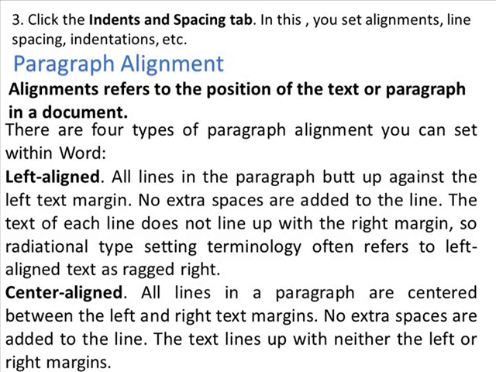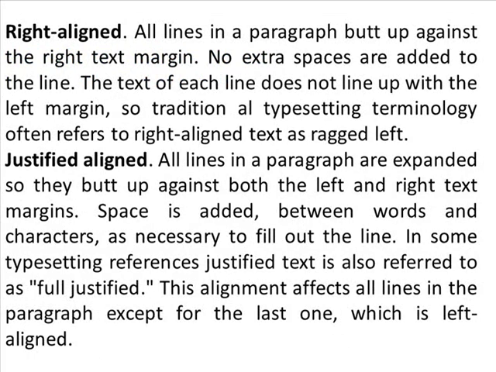First, left alignment. This aligns text to the left of the document. To left align a paragraph, press or click the Left Align command. Now come to the next, center alignment. Centering a paragraph places each line in the middle of the page with an equal amount of space to the line's right and left. Now come to the third alignment. Right alignment is used to place the text along the right side of the page. This type of alignment is also known as ragged left or flush right.